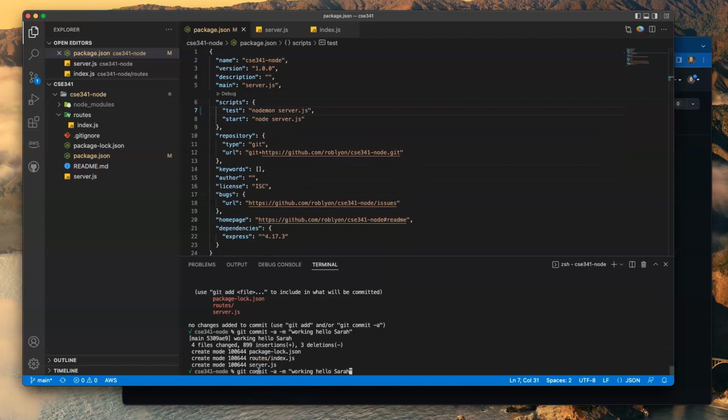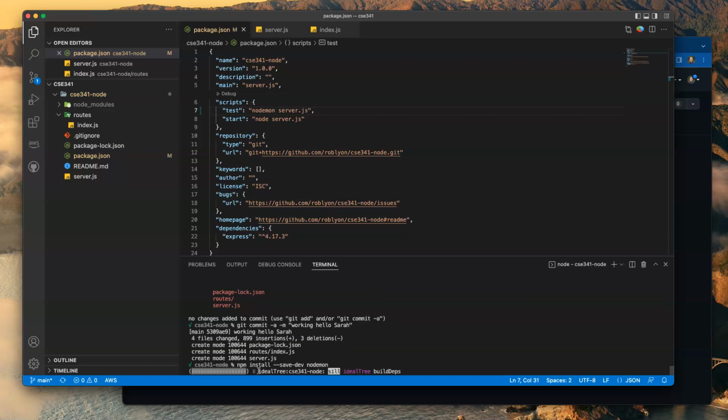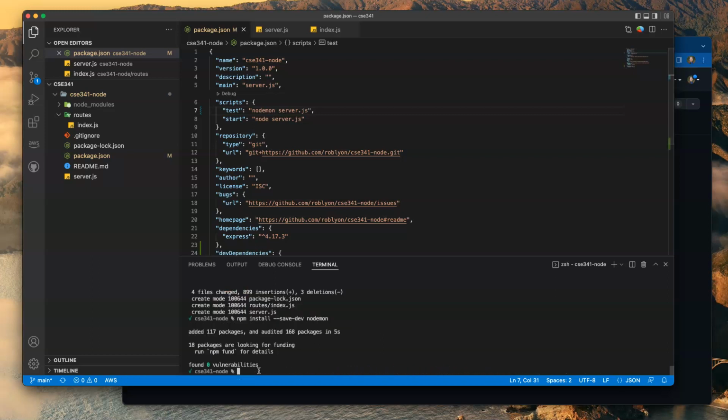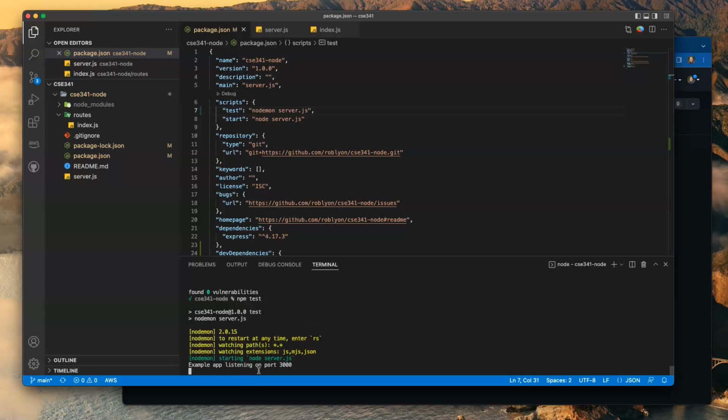And we need to install it. And we don't need to install it for Heroku. We can just save it for our development environment. So we can say npm install --save-dev and say this is nodemon. So we install that package. Now I type in npm test. I like using those features of npm, so I don't use node, but you'll see that it said started node server.js, but